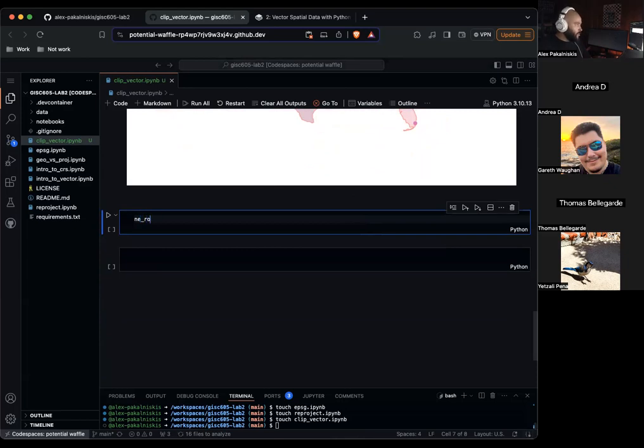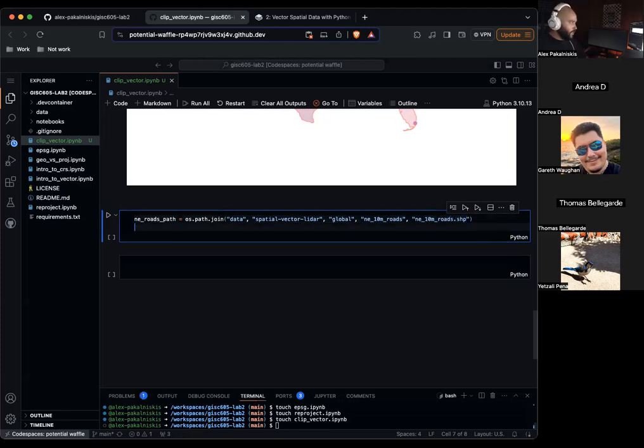So, roads path equals os path join, and e10 and 10m roads. Okay, any roads equals gpd read file, any roads path.